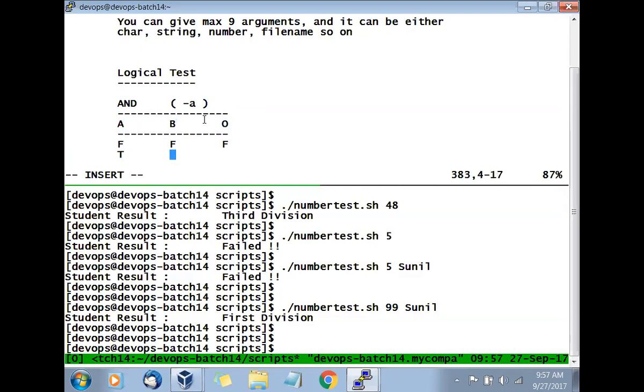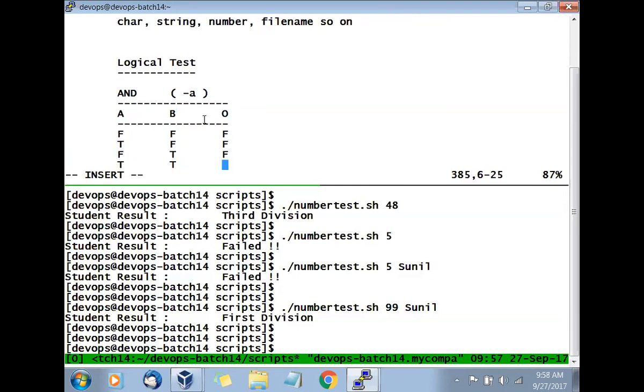When one input is true and another is false, output is false. If one is false and the other is true, the output is false. And when both are true, output is true. That is a simple logic. We learned this mathematics in 10th class, but we are going to use the same here.